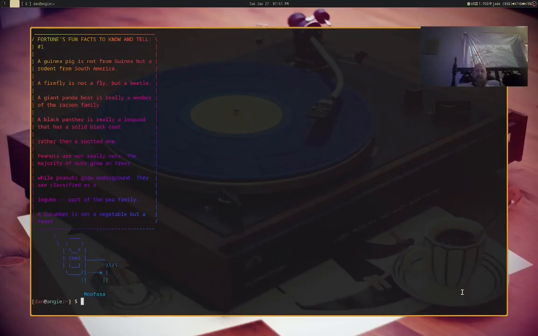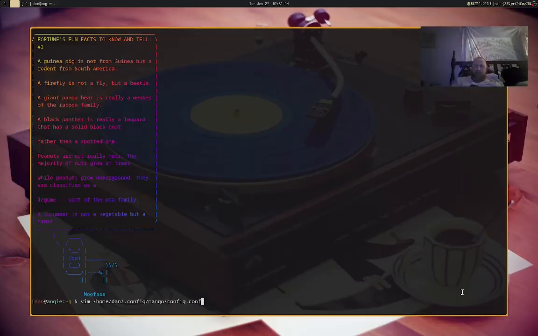But anyway, we'll just stay in this window. And let's go ahead and vim .config. You could do it this way too. I'll just do it the proper way. Home dan .config mango/config.conf. But before I go into that, what you want to do